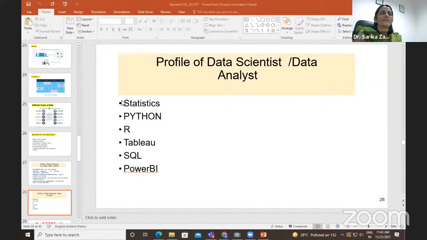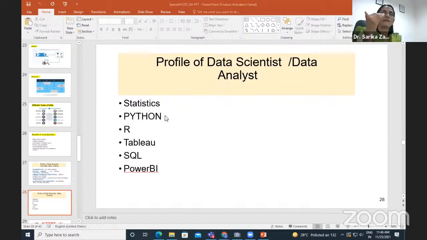Not use this, it is not required. There is no need of it. Use this. Statistics, basic concept you must know. Python programming, I have just told you. Python is going to be useful for data science also. Another aspect of Python is that you can use it for web-based projects also. So concentrate on Python in a detailed way.